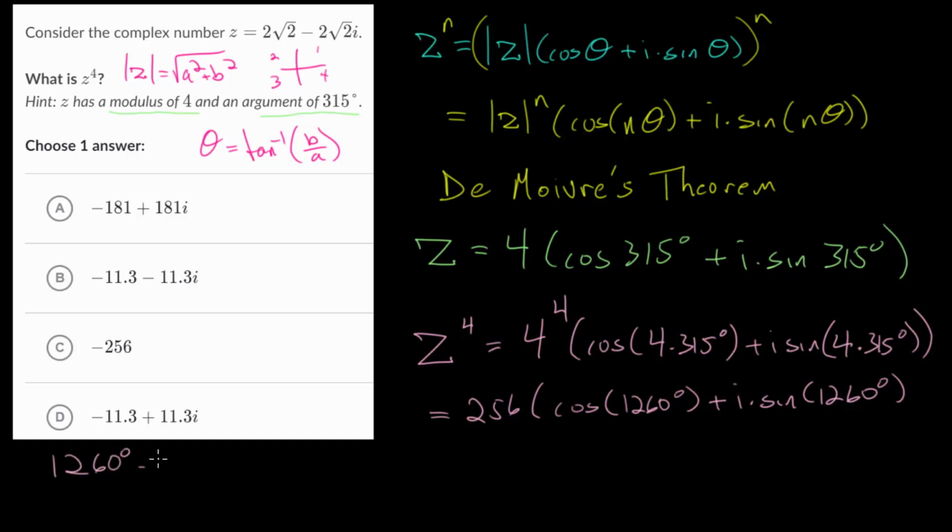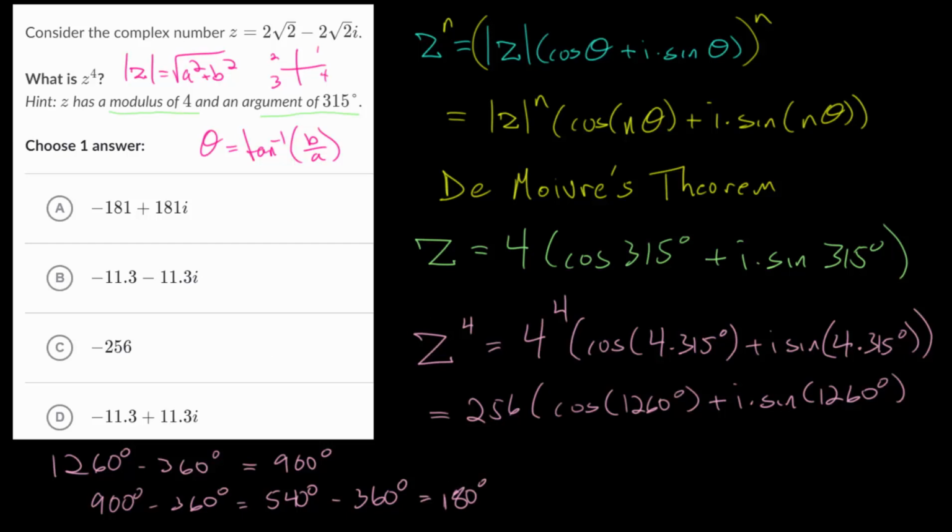And for this angle, we would actually have to subtract 3 different times, I believe. If we do it once, this brings us down to 900. If we do it again, then we're at 540. So we need to do that one more time. And this brings us to